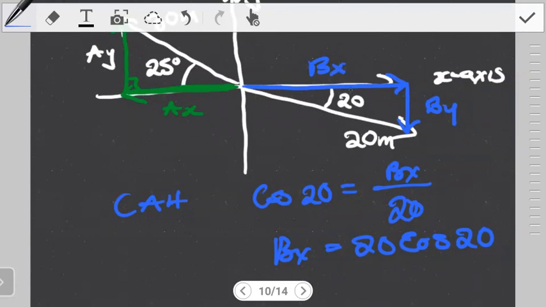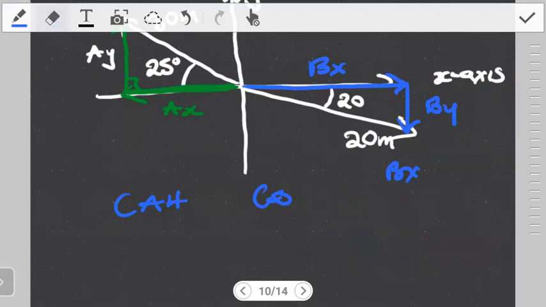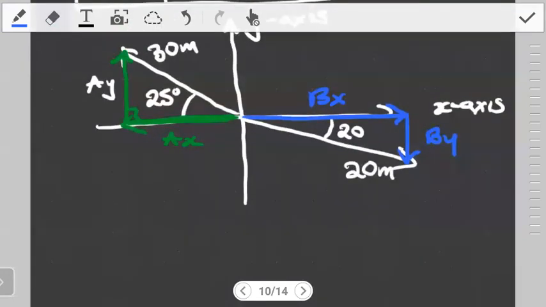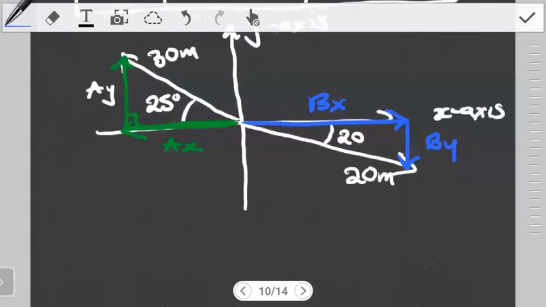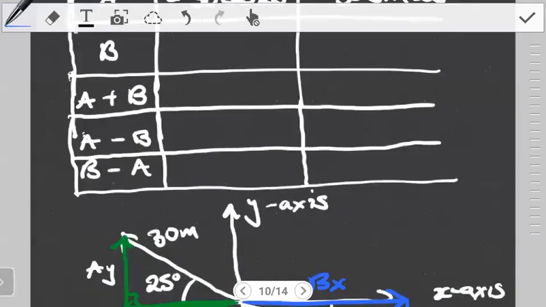Once I identify the ratio I'm using, it is going to be the vector itself, which is 20, then cos the angle. You see that I still end up with this. Of course, we have already gone through these methods. If you haven't seen that yet, I'll leave a link to the introduction video where I went through that method at length. So of course, for the x component of B,